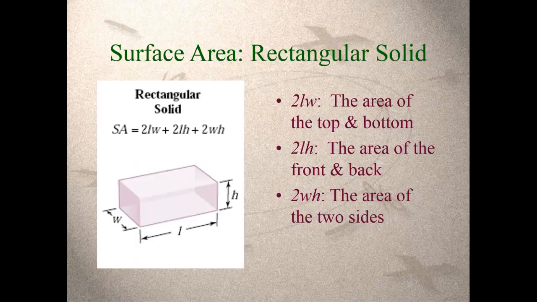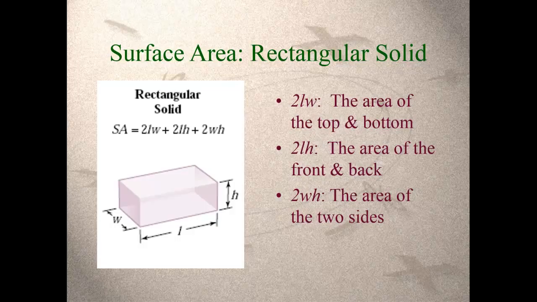And the surface area for a rectangular solid: twice the length times the width, that's the area of the top and the bottom. Twice the length and the height, that's the area of the front and the back. And then twice the width times the height, the area of the 2 sides. So a rectangular solid, its formula is SA is equal to twice the length times the width plus twice the length times the height plus twice the width